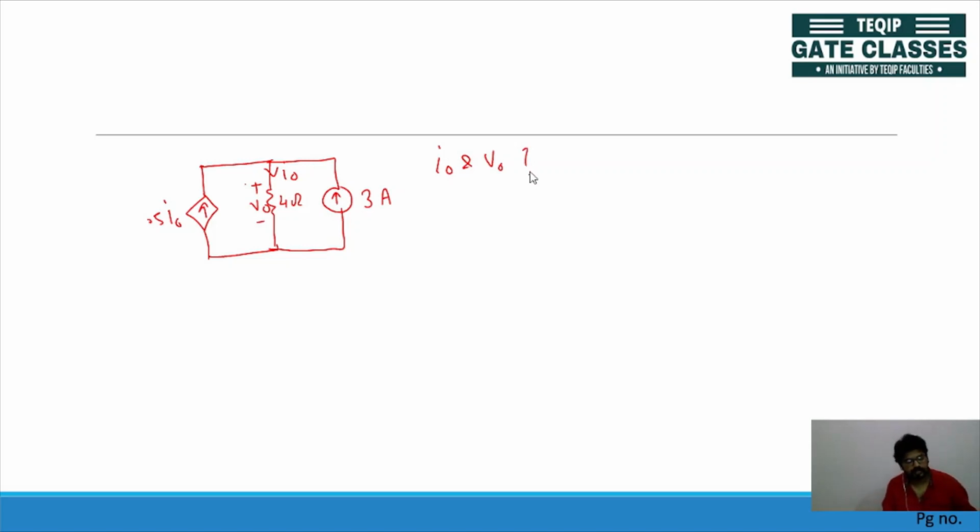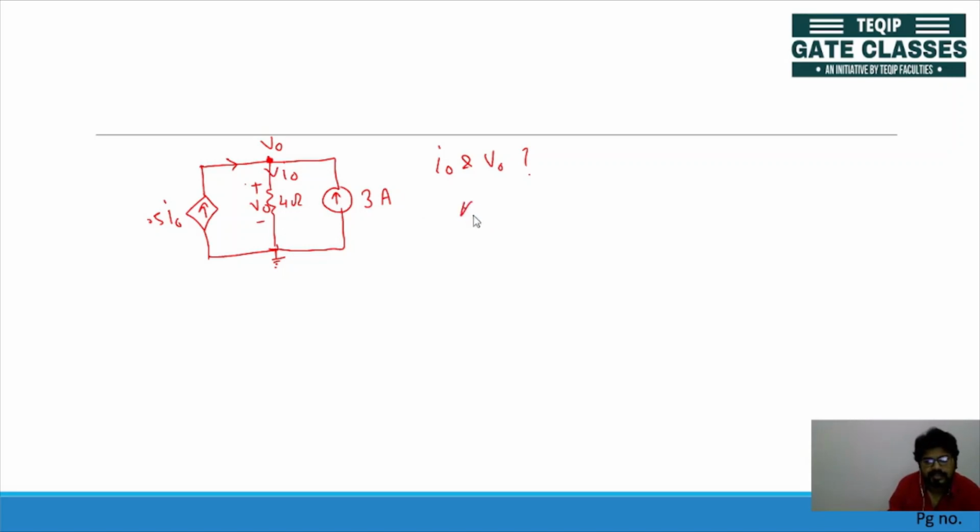So let's say there is a node, and the voltage at this node is V0, since V0 is given at this branch, so the node voltage is this V0 only. Let's take it as a reference node. Okay, apply KCL. At this node we have three currents. This current, that is 0.5 I0, is entering the node, this I0 is leaving the node, and this 3 ampere is entering the node.